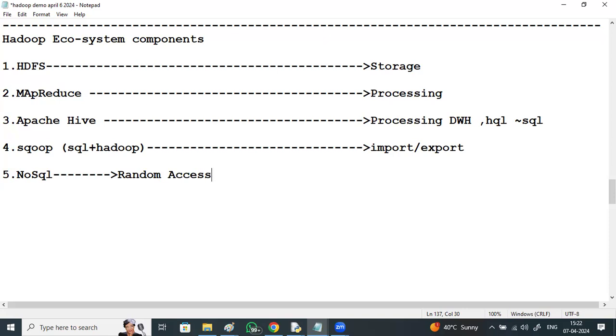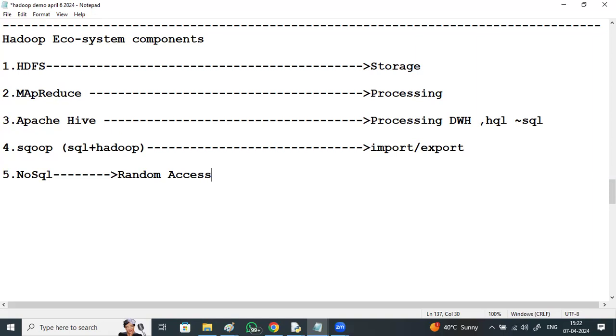See, Sqoop is only for importing data or exporting data. Hive is a kind of data warehouse environment where we can perform querying. We can create tables and make the data structured, and after making the data structured, we can create internal and external tables and perform any kind of querying.